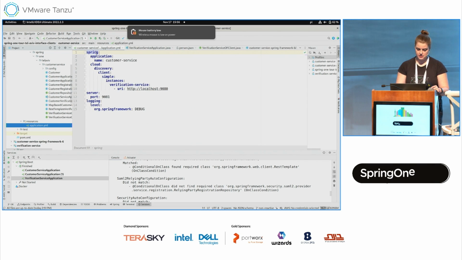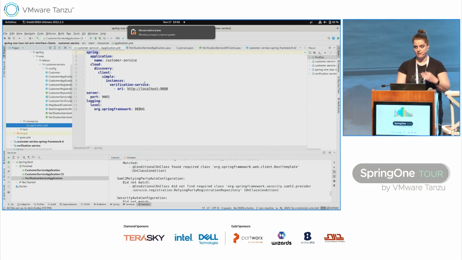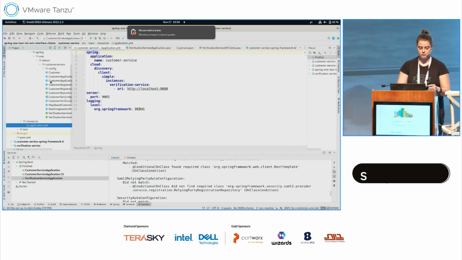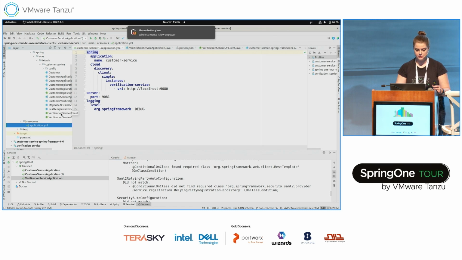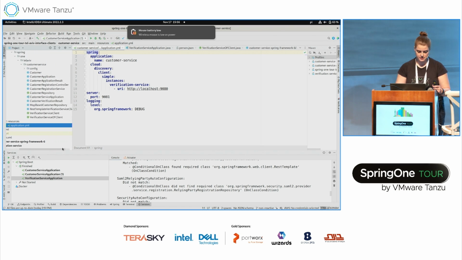We have our simple discovery client. So these are the instances that will be used for load balancing. For this demo, one instance, we could have a whole list, or much better, we could just connect to a service registry like Eureka for doing this. And then